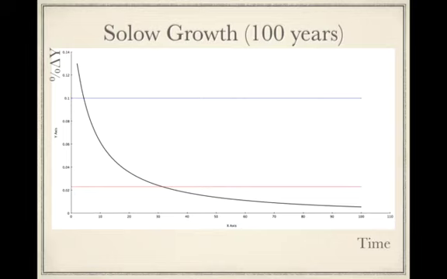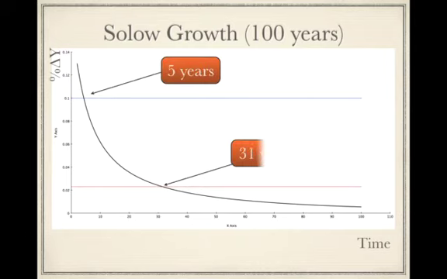Now let's look at the United States. The United States has been able to maintain an average growth rate of somewhere between 2 and 3% typically over the last 200 years. So it turns out that the United States should have in fact started out growing really rapidly and then also declined. The growth rate should have declined even though growth was continuing to expand. And we should have hit our long-term growth rate and continued to fall 30 years after we started growing, which clearly is not actually what we have seen.